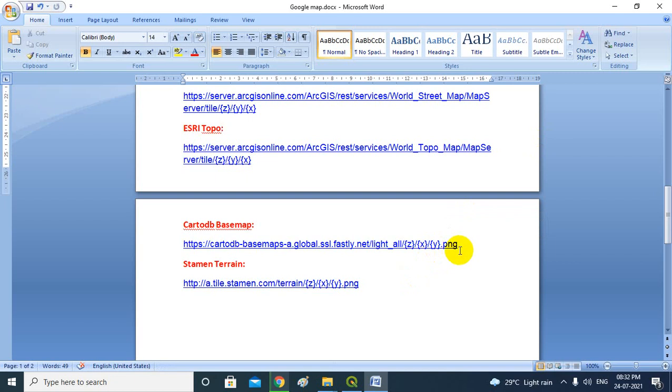But when you see this tiled map on your browser or on your QGIS software, you will see one large image. You can't see the tiled view. So these tiled images are stitched and give you a larger or bigger map view.